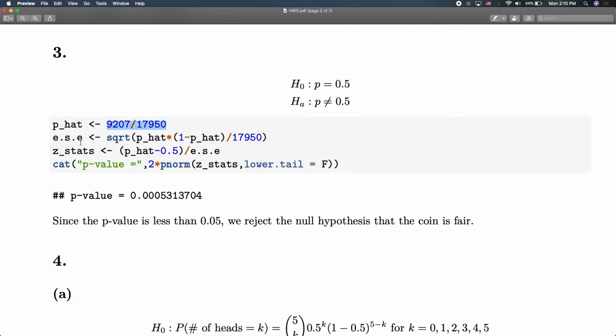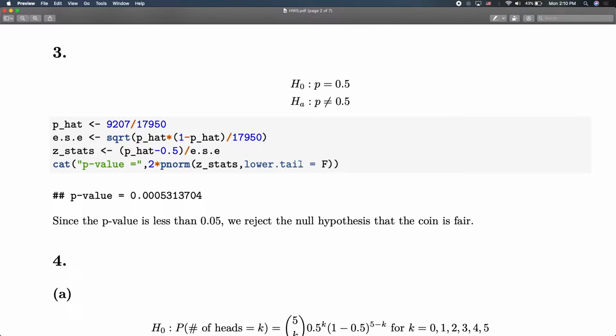Our test statistic is the observed p hat minus 0.5, which is inherited from the null hypothesis, over the estimated standard error. Then we construct our test statistic and evaluate it under the normal distribution,